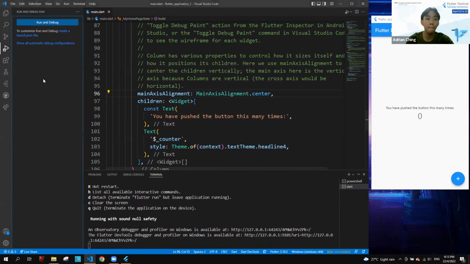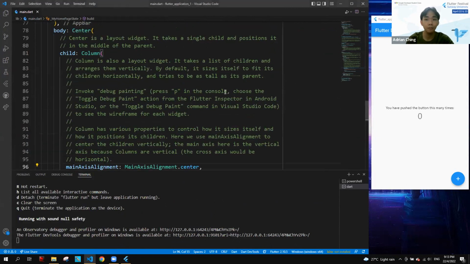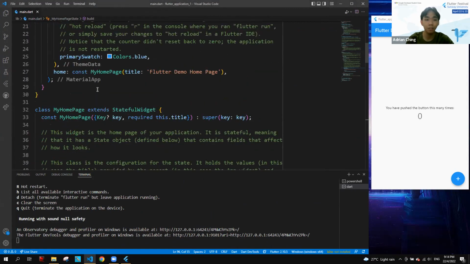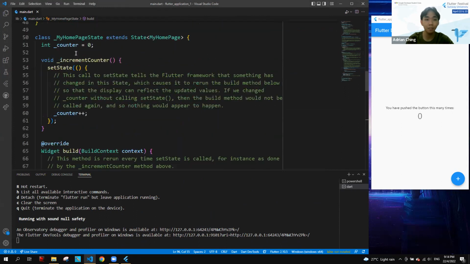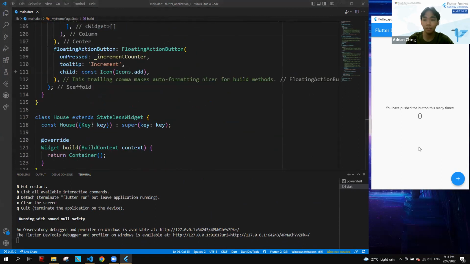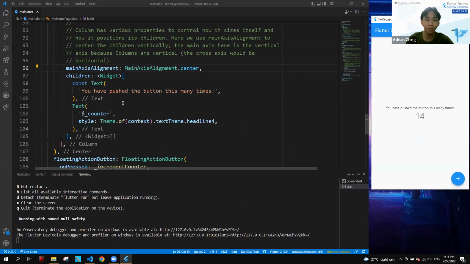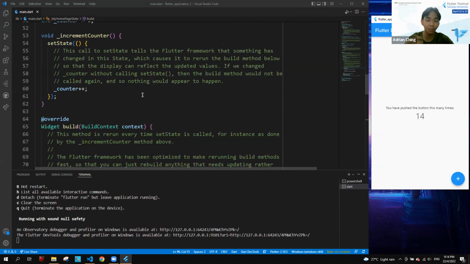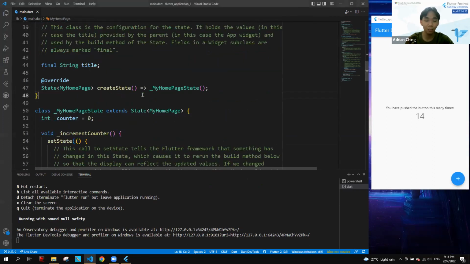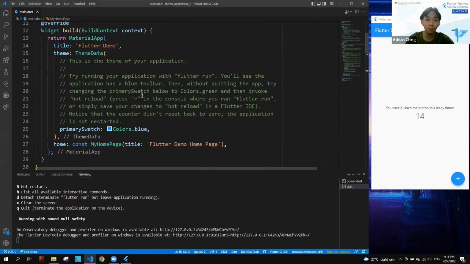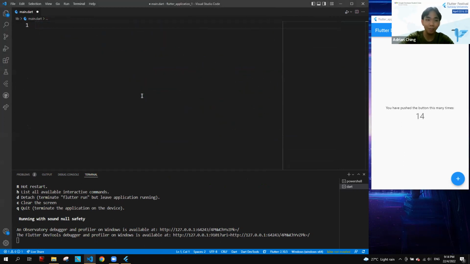Right, now let's start. So you see all of these different code, and basically this whole thing is to build the app over here. Now you can interact with it. There's a button over here, you click on it, it will show it's updating, and that's a stateful widget. But for now I haven't explained a stateful widget, right? But it's okay, let's see. First thing we're gonna do is Control A and delete everything. Yes, delete everything. We're gonna start from scratch.